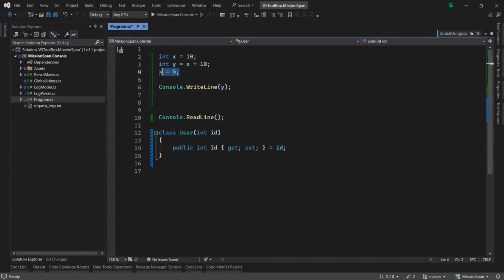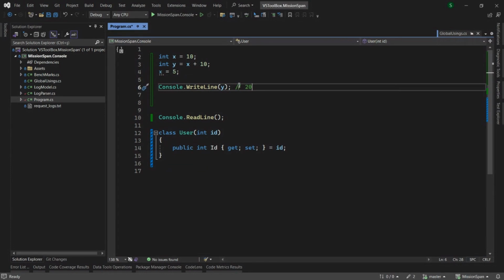And then suddenly I change x to 5. For value types, so integer is a value type in C#, the second I assign something into it, the value from the right side of the equal is copied over to the left side. So after this assignment, no matter what I change x to,